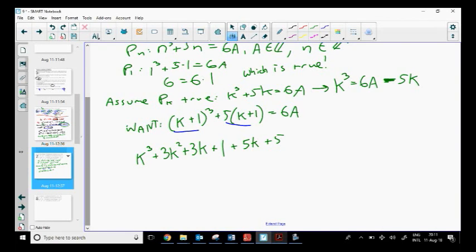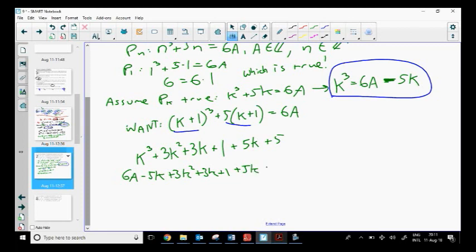I have assumed already that k cubed is equal to 6a minus 5k, so I'm free to substitute that in. Instead of k cubed here, I've got 6a minus 5k plus 3k squared plus 3k plus 1 plus 5k plus 5. We can see a few things are going to cancel out, the minus 5k and the 5k. The 1 and the 5 are going to make 6, so that's cool. So I'm going to have here now 3k squared plus 3k plus 6